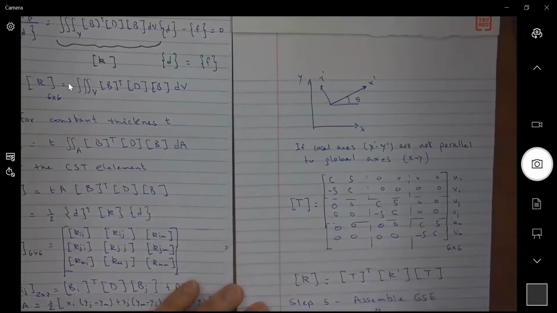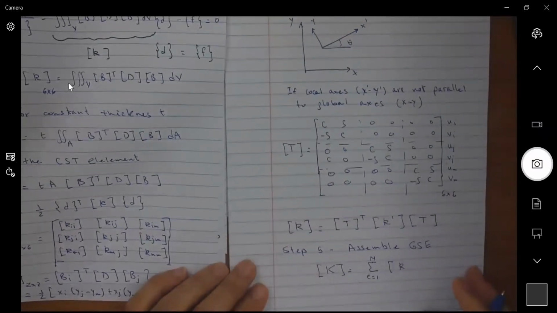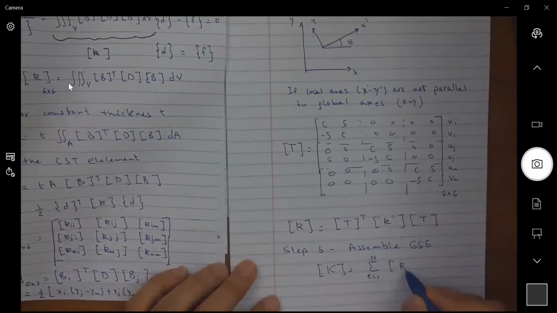Excuse me, so k prime stands for what? The element stiffness matrix with respect to the local axes, x prime, y prime. So here I am putting k, and please note that these k's are not the primes. In order to do the summation, it would be with respect to the global axes. So k for all the elements e,